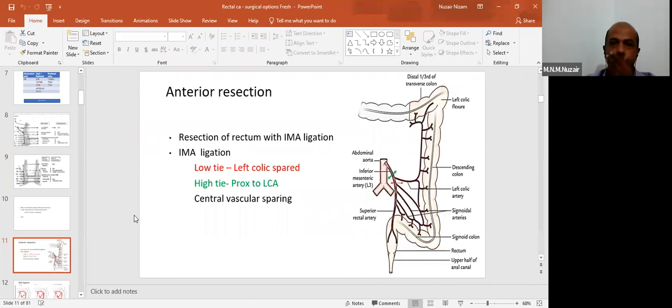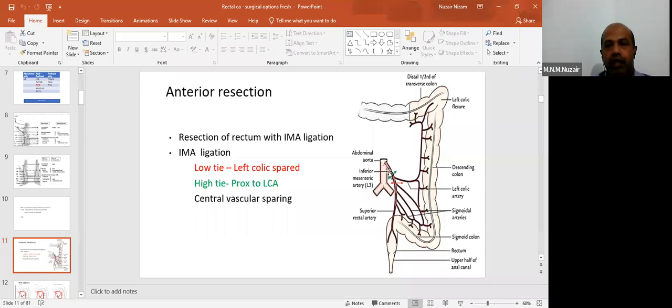So the meaning of anterior resection is that we have to remove part of the rectum, as well as the IMA has to be ligated. Like sigmoid colectomy means resection of the sigmoid, likewise anterior resection means resection of the rectum. At the same time, there must be a vascular ligation. So the inferior mesenteric artery can be ligated